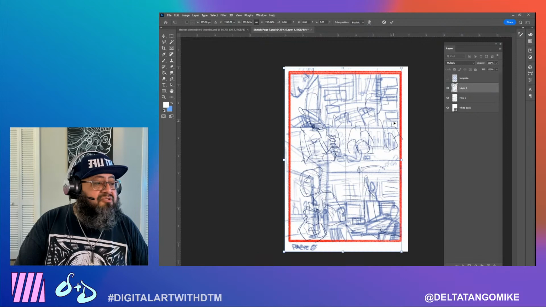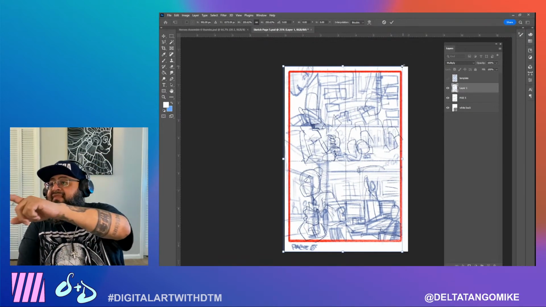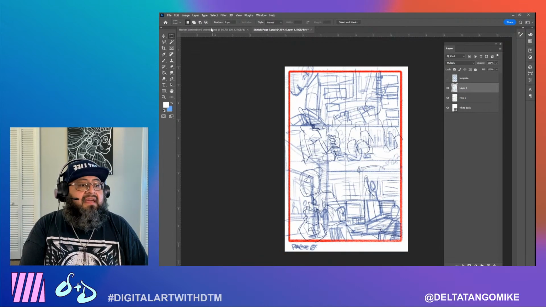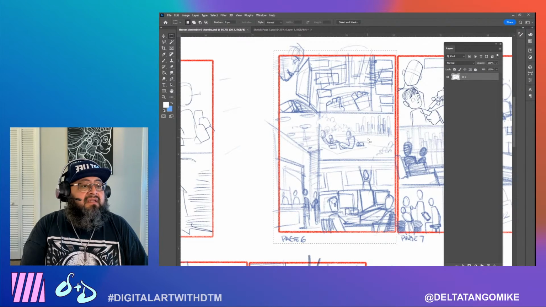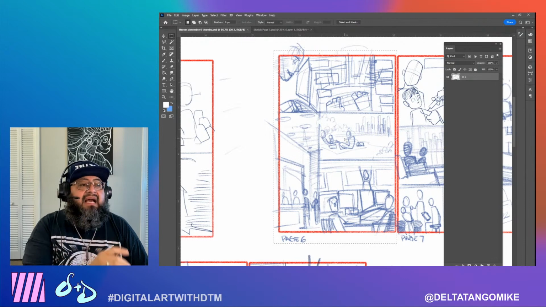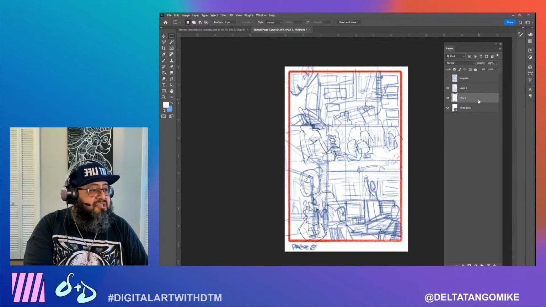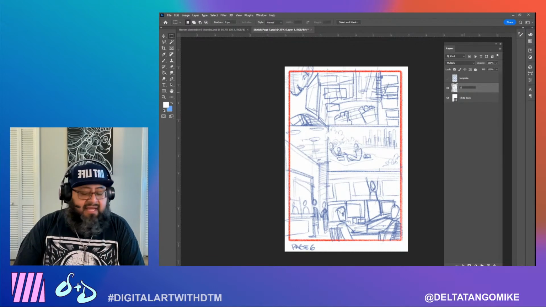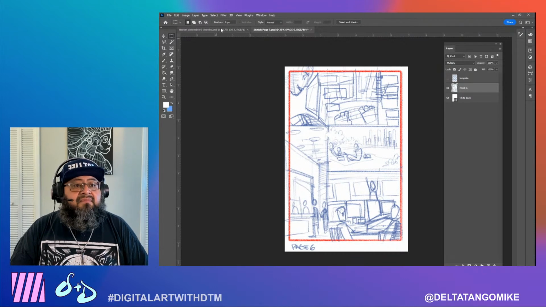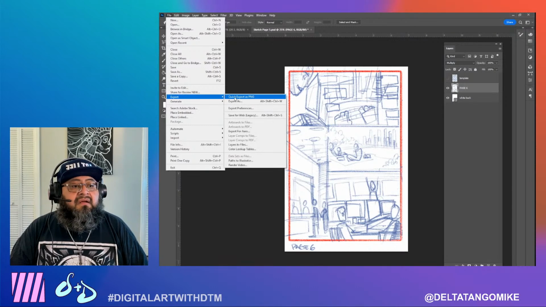So right now what I'm doing is adjusting each and every page into its own file. I'm sure there is a way. Maybe Gareth knows how to take a Photoshop file and export all of these individually out of this file here. I'm going the long way, and I'm okay with it. But I'm pretty sure there's an automatic way to do what I'm trying to do right now. What I'm doing is cropping out each individual thumbnail, and then copying